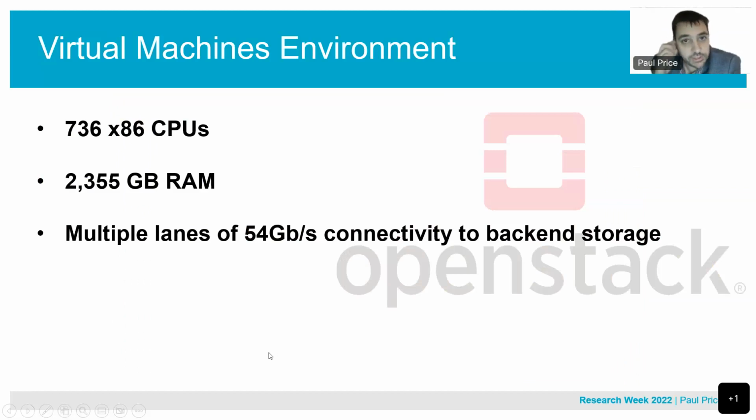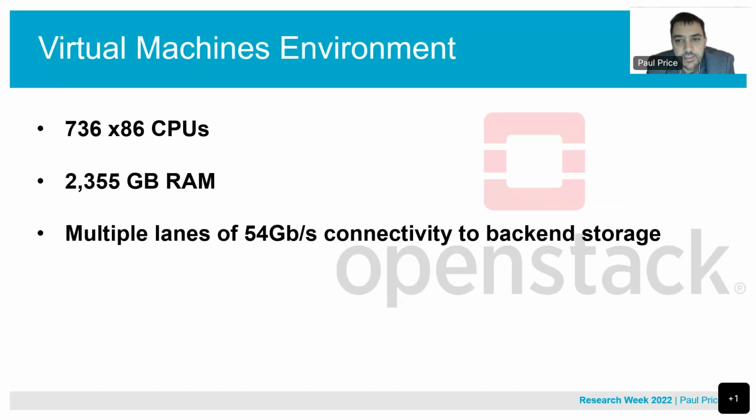So in addition to the HPC environment, or the supercomputer environment, we do have what's called a virtual machine environment, which is powered by OpenStack software. This environment is using x86 computers. We have 736 CPUs available, spread across multiple nodes that are part of the OpenStack environment. There's 2,300 gigabytes of RAM available,